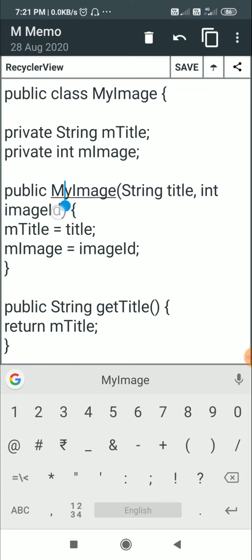So this code can be used for constructing myImage, and whatever title we put here will be this title in this class, and the image id which we put here will be this image id.